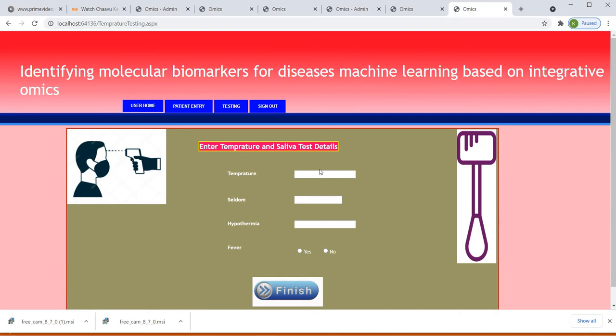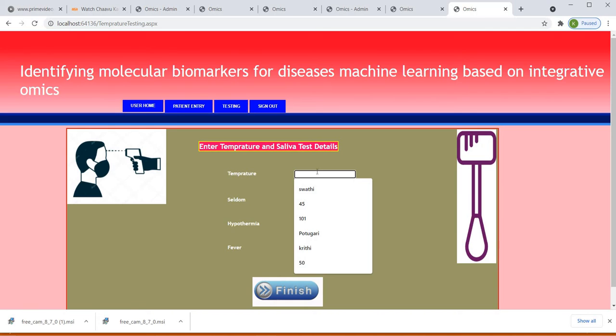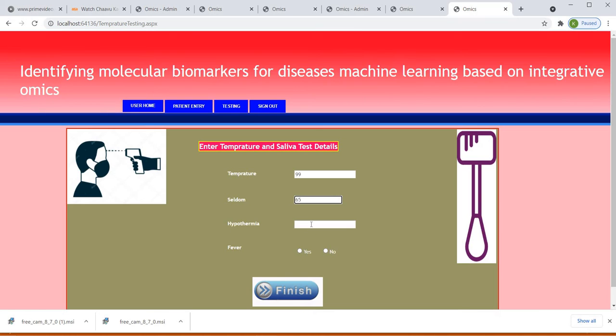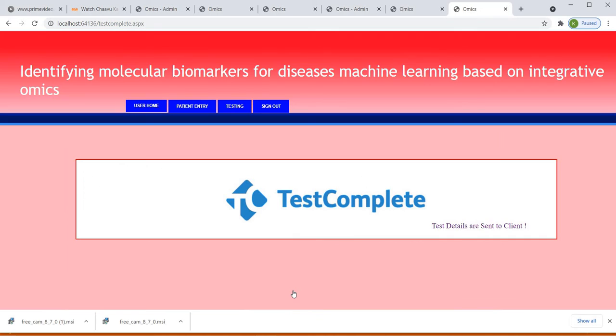Then next, these are the body temperature and saliva. Temperature we are giving as 99, and 65, and also 69. And fever, no, yes, we are giving yes. Finish. Then testing completed.